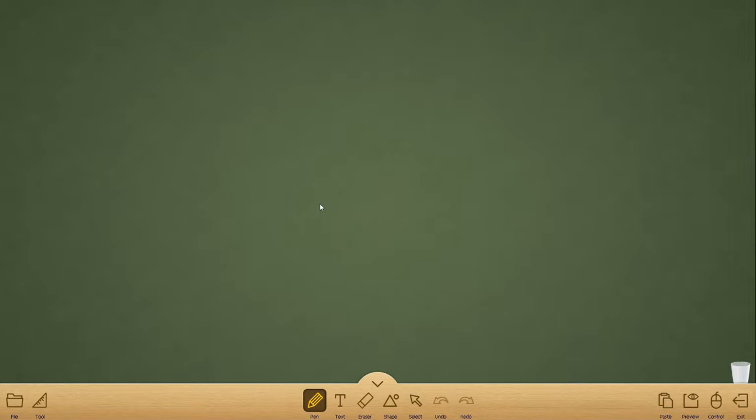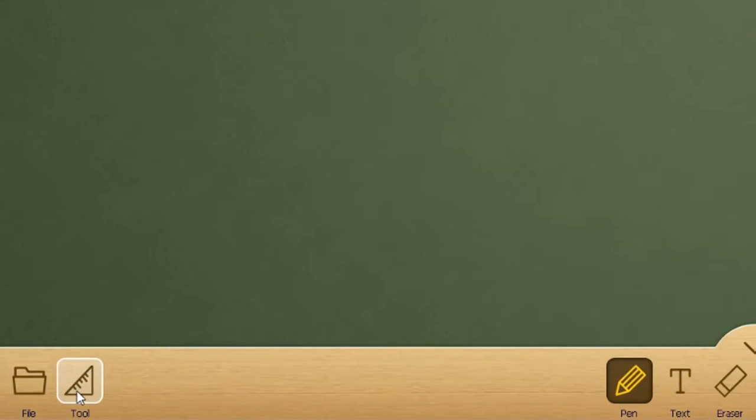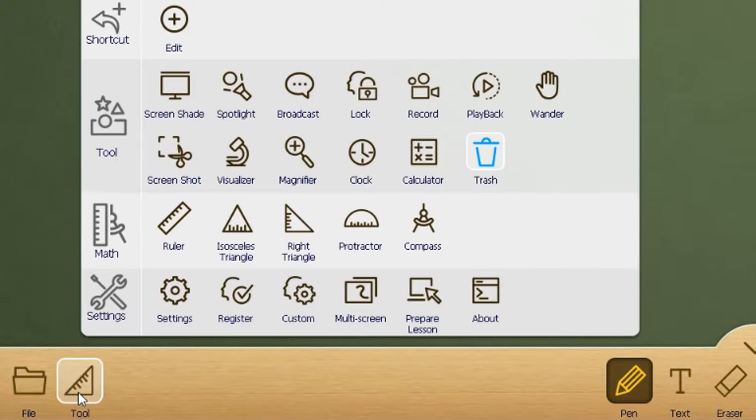With new computers, your Qtouch software is not registered until you register it. Copy that code that's in our Google Classroom. It's a very long digit code. I think it starts with zeros. And you're going to go to Tools, bottom left of your screen. Then once you open up Tools, you're going to see that bottom row where it says Settings and choose